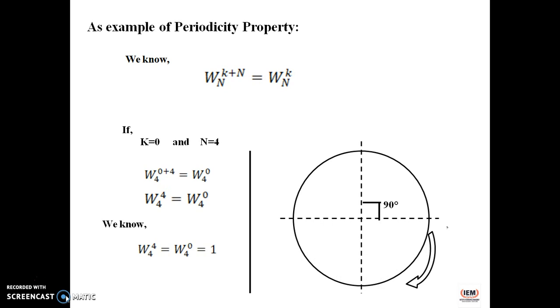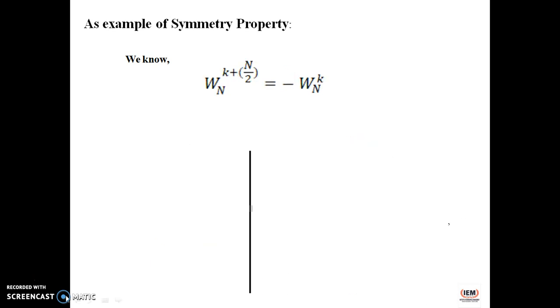As in the last video on the circle, we already discussed in detail. Now, as an example of the symmetry property, as already mentioned in the formula, again k equals 0 and N equals 4. If we consider